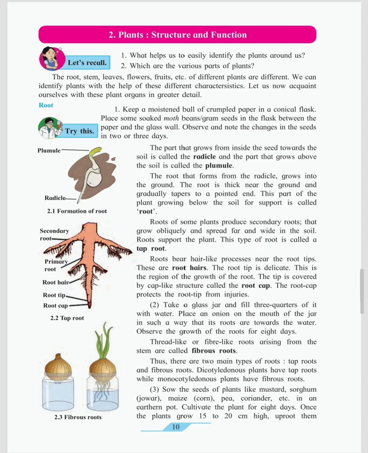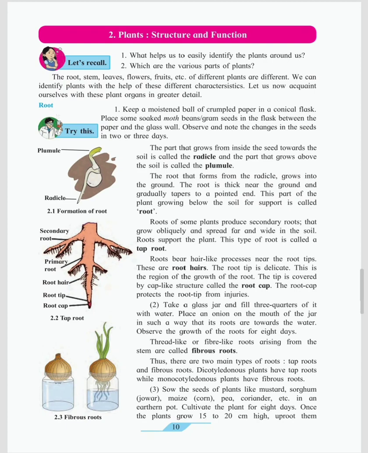Roots are of two types, fibrous roots and tap roots. Onions have fibrous roots. They are called fibrous roots because they are fiber-like in structure. Tap roots are strong. Fibrous roots are not strong, they are weak. Tap roots are long enough. Kadi patta plant has a tap root. Banyan plant and mango plant all have tap roots.